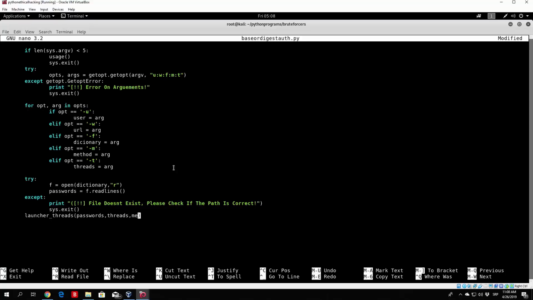We can parse the method, or let's go with the user first, then the URL, and then the method. So basically we are parsing our 5 arguments. All we are left to do right now is to actually code the function itself. So let us code it right here, def launcher